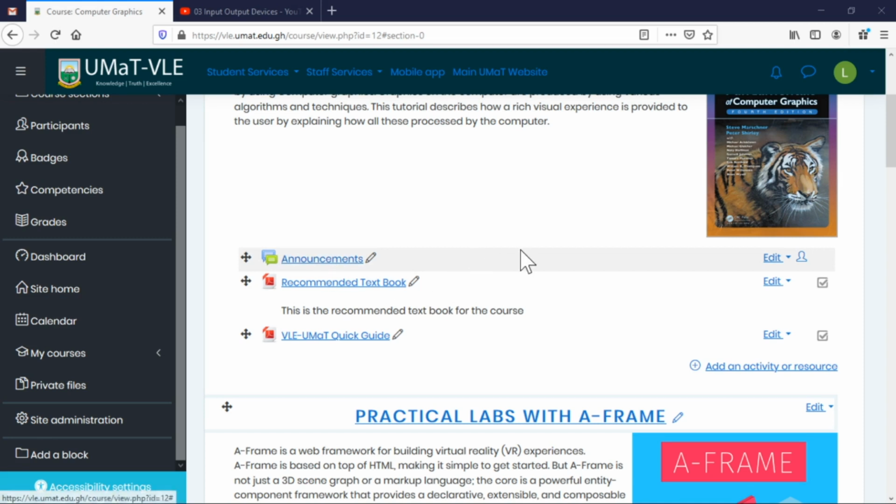So what we're going to do is, let's assume tomorrow at 6 p.m. we will have a lecture with our students, maybe an impromptu lecture. We want to notify them and let them know that there will be a live lecture at 6 p.m., so they should get themselves ready. What we can do is to click on the announcement,